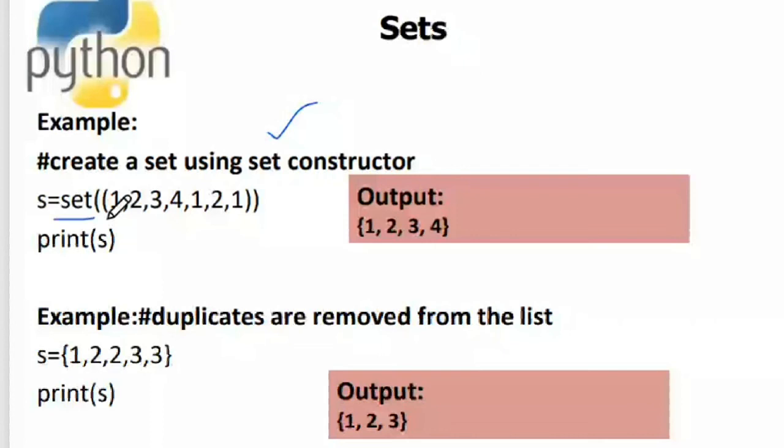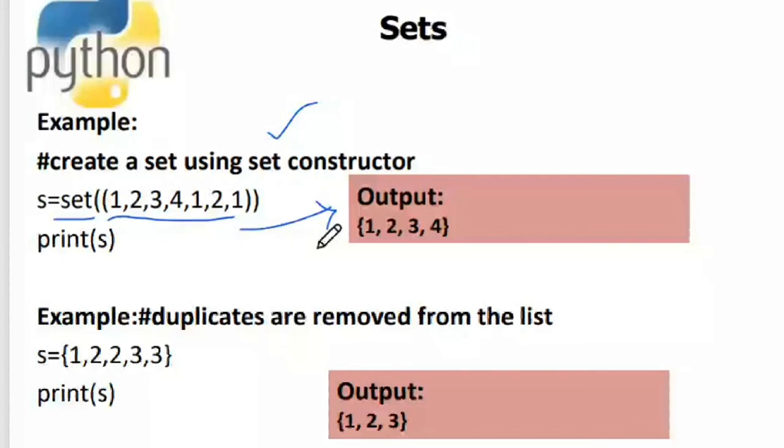I have given so many elements over here, wherein you can see there are duplicate elements also. I have given 1 three times and 2 two times and so on. It's not throwing me an error. You can see in the output that it is not saying duplicate elements are not allowed, nothing like that. It just processed internally, eliminated the duplicates and printed the unique elements from the values that I have given. Every element is unique in the set.